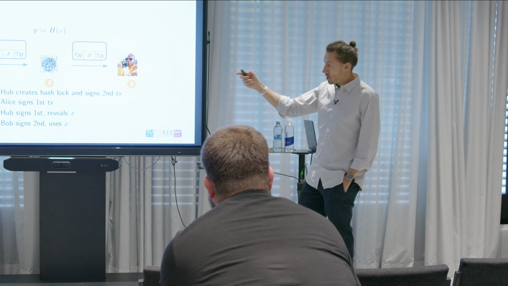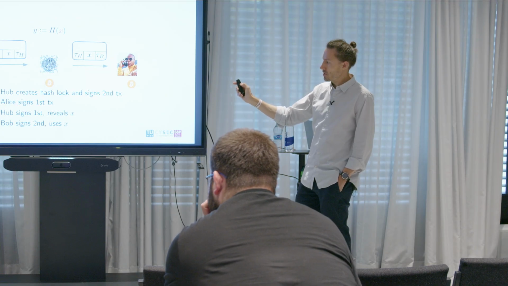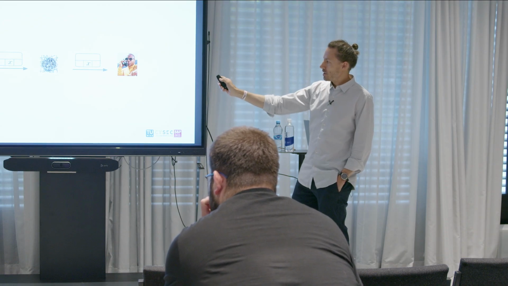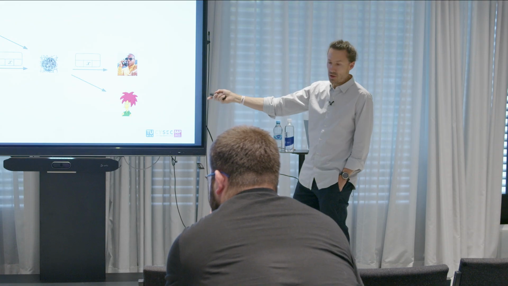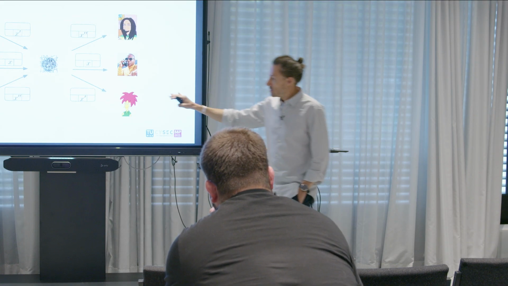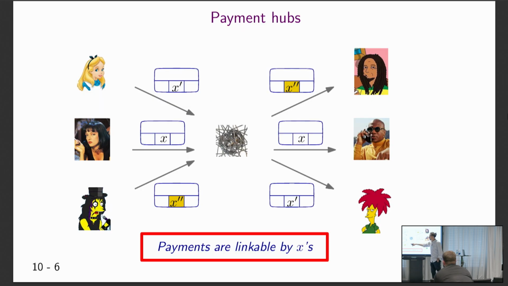Okay, so in terms of financial security, that's good, right? No one can steal each other's Bitcoins. But what about privacy? If you have not only this Alice transacting with this Bob, but there's another Alice transacting with another Bob, and still a third Alice and a third Bob, then you actually see by looking at these Bitcoin transactions who sent money to whom, because the hash lock value is the same in the ones that belong together, right? So this is completely linkable.